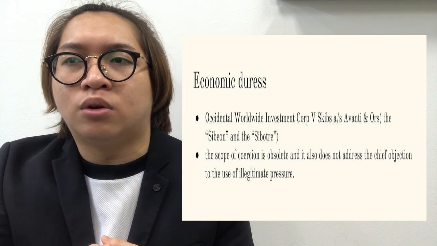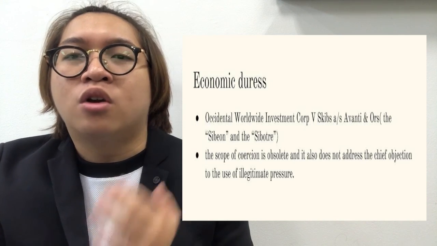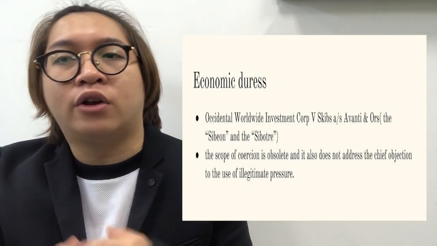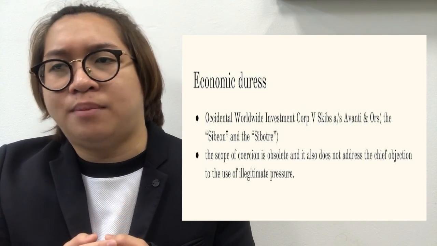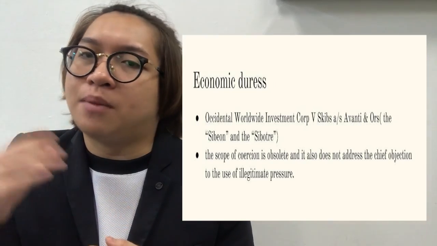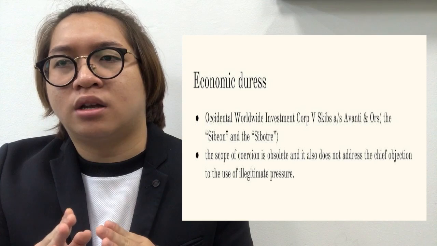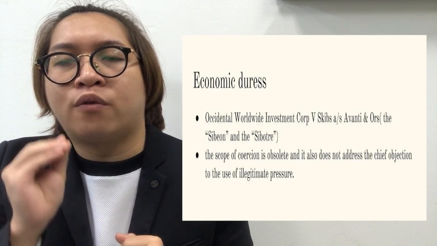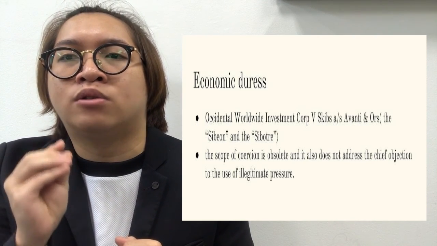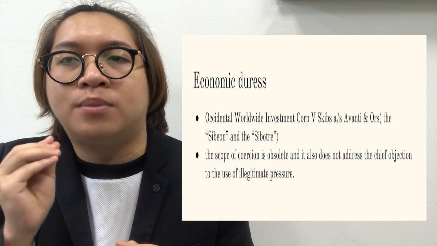crimes under the Penal Code and detention of property, coercion under Section 15 of the Contracts Act is still very limited. Offences outside the Penal Code, or which are merely civil wrongs, are not covered. Thus, the scope of coercion is obsolete, and it also does not address the chief objection to the use of illegitimate